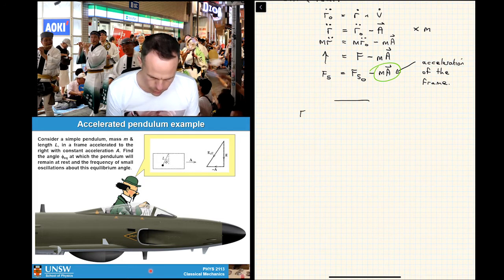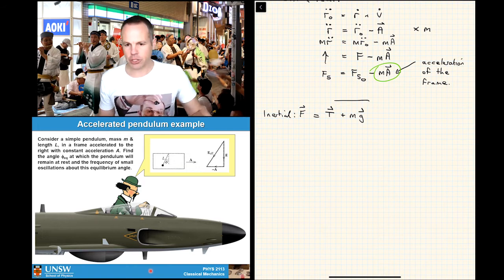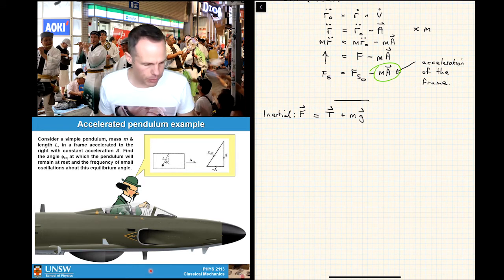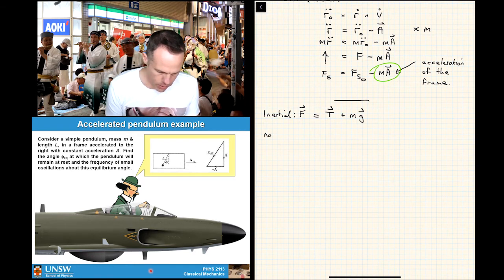And so the force here is just going to be the tension plus mg, which is our gravitational force. We don't even need to break this up into components. We're just expressing what the sum of the forces is in here, okay? If we now go to our non-inertial frame,